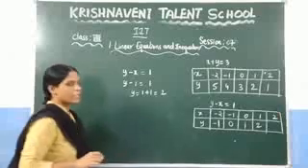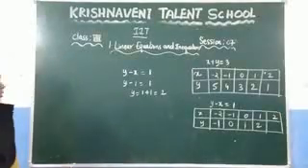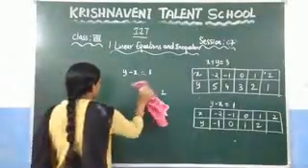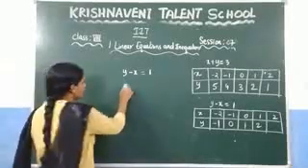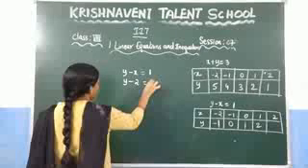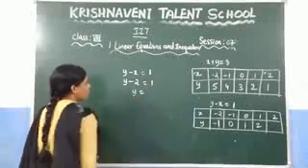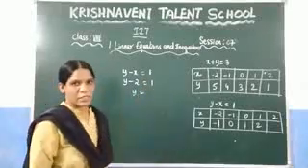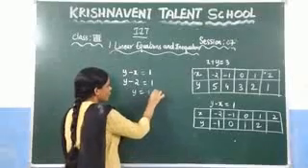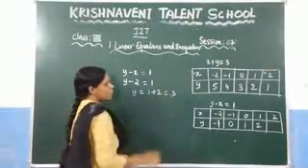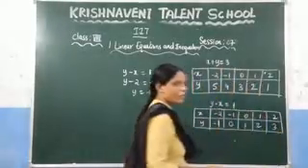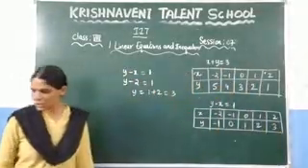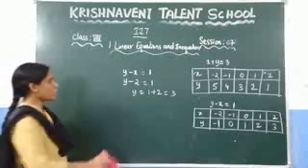Now similarly in place of x here substitute 2. So let us see what you will get here. So you will get y minus 2 is equal to 1. So that y is equal to, if you take minus 2 to that side, it will become plus 2. You will get 1 plus 2, which is nothing but 3. So if x is equal to 2, what is the value of y? Which is 3.